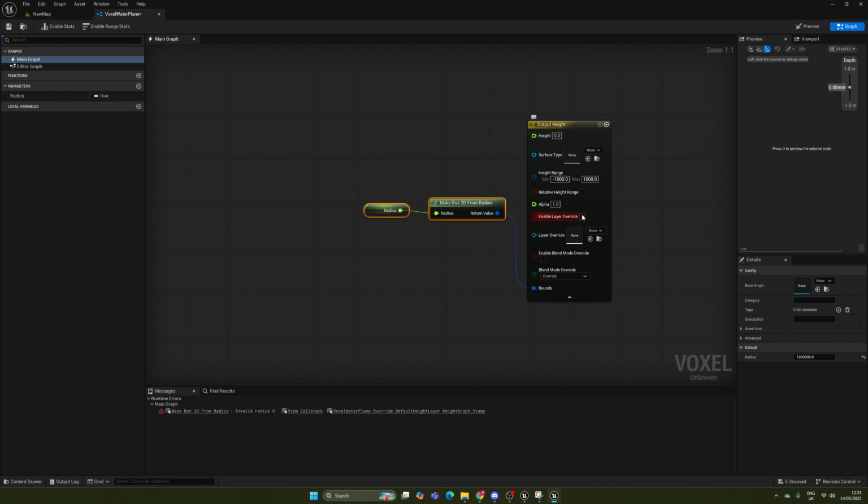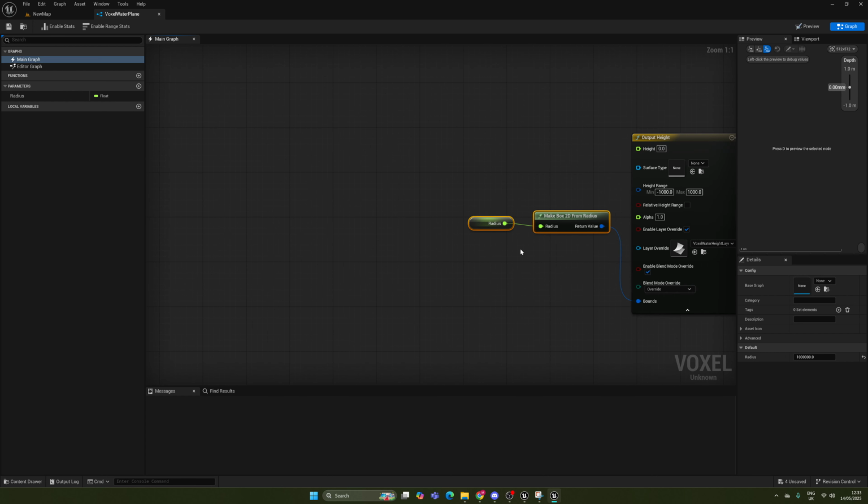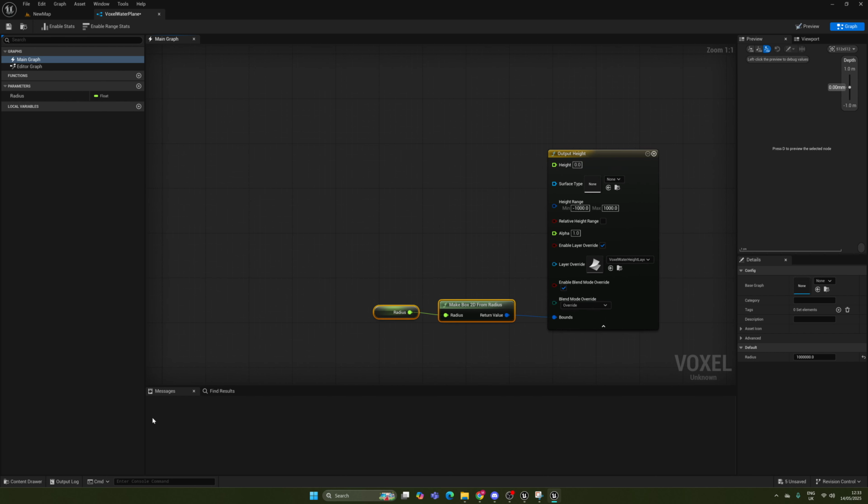I also want to override the layer. So when you drag it into the world, it'll take a default layer, and usually that is the default layer. But we're using that for the terrain, so let's not use that. Let's override it with our water height layer. So it's always going to use our water height layer, and we're also going to override the blend mode to always be override. And with that,